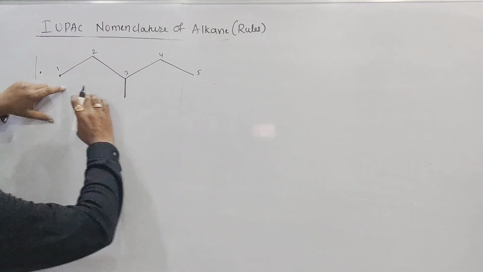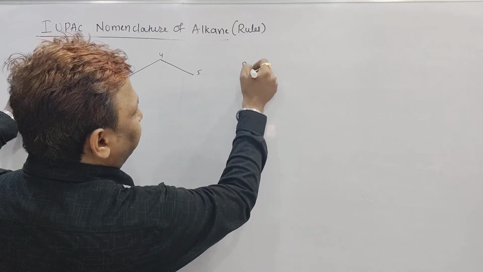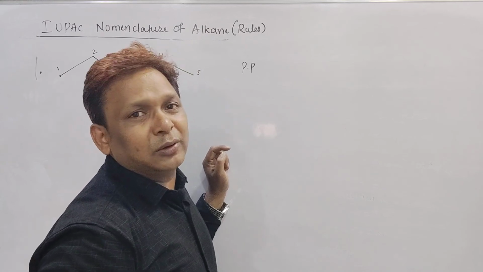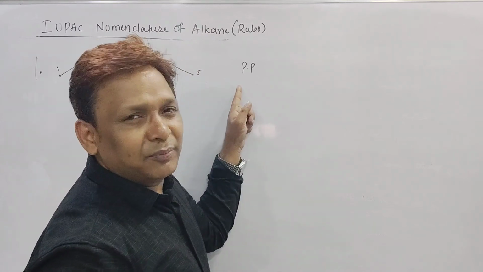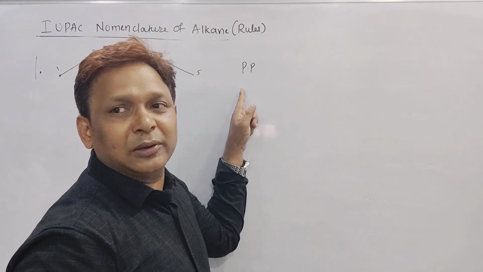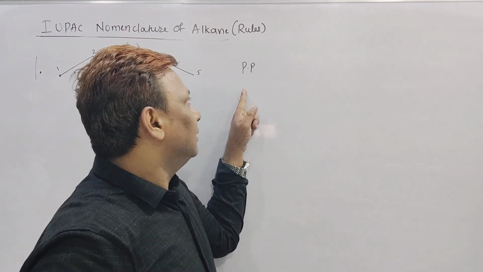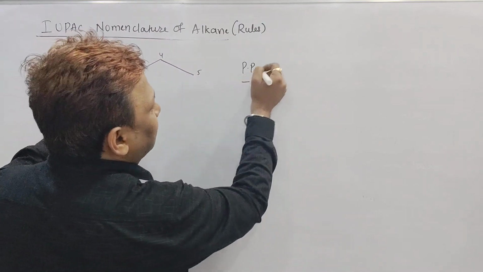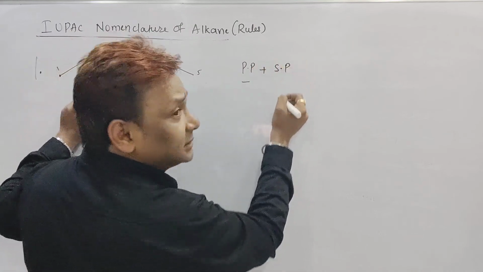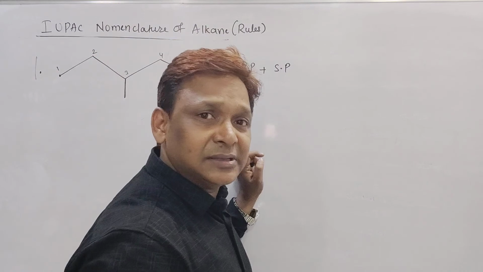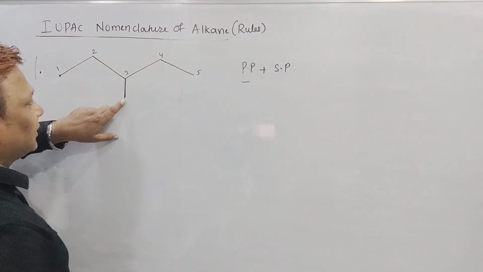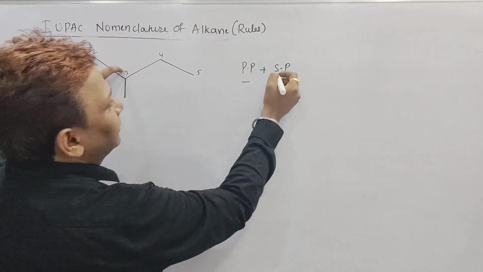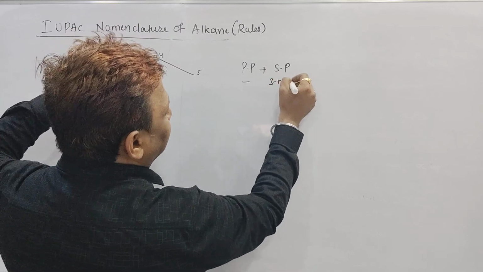But what to do? While writing the IUPAC name, I told you, first you write down the primary prefix. Did you remember? I told you, cyclic compound, cyclo. Alicyclic compound, cyclo. Bicyclic compound, bicyclo. Spiro compound, spiro. Sir, in this one, primary prefix is not there. Leave it. Sir, do we have a secondary prefix? Yes, sir. Secondary prefix is nothing but the substituent. So what is the substituent here? This one. What is the name of this substituent? Methyl. On which position? Third. Secondary prefix is 3-methyl.